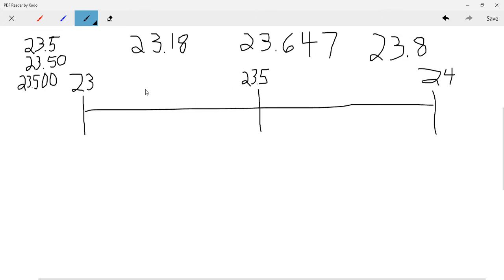Now, basically, we can put these numbers up on the number line, and then see where it's closest to. But the problem with that is you're not always going to draw it exactly to scale, right? So I might do 0.1, 1 tenth, 2 tenths, 3 tenths, 4 tenths, 5 tenths, 6 tenths, 7 tenths, 8 tenths, 9 tenths. But the problem with that is I might start out